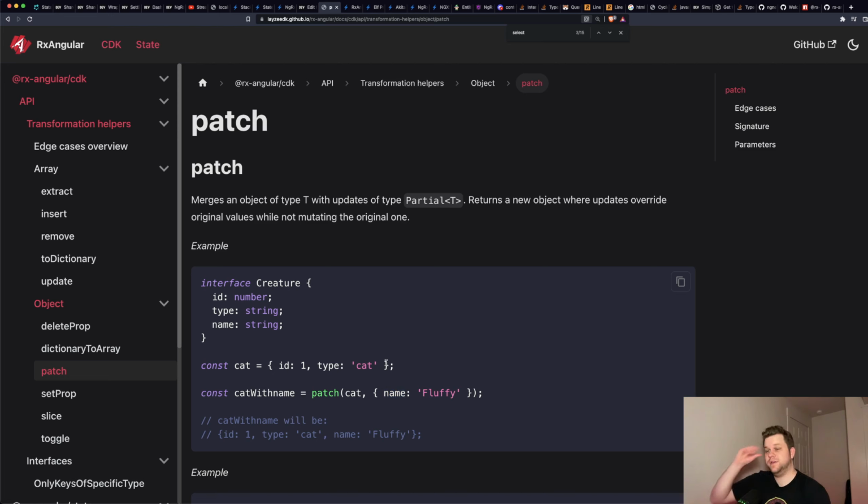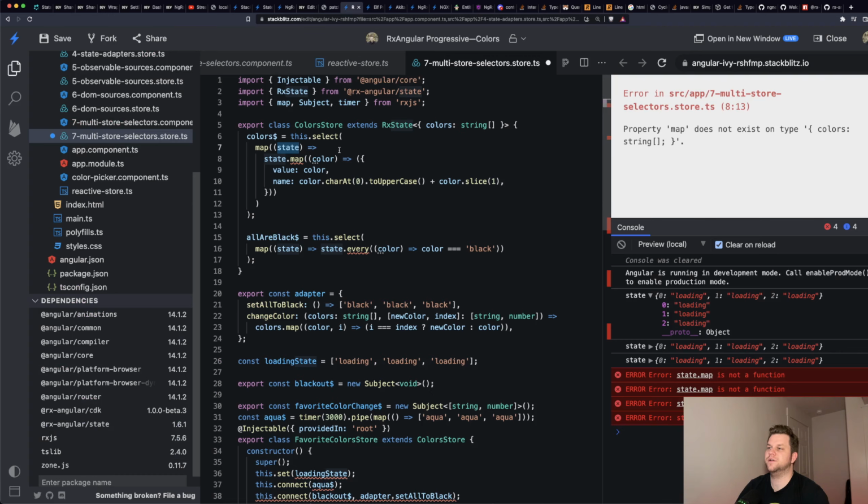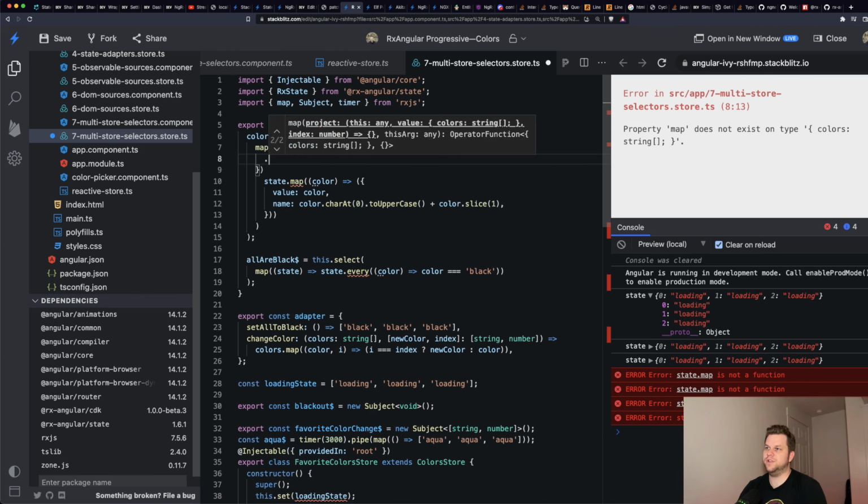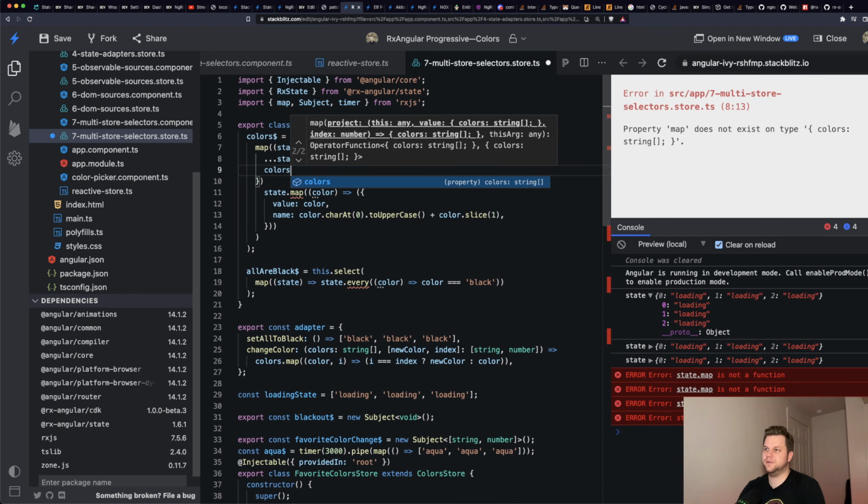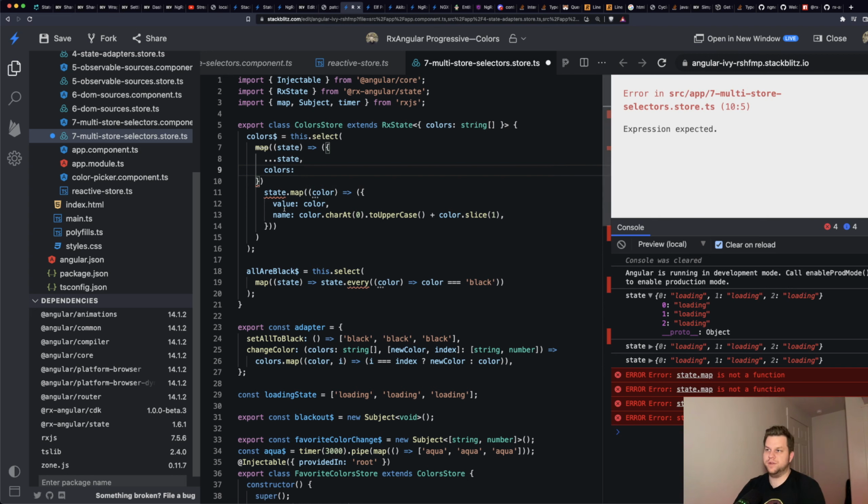Doesn't help. Where do I update? I already have the update logic here. So I guess, I mean, all I'm really saving is doing this. And then putting colors.map, putting all that right there. So it's this versus, this is messy right now, but